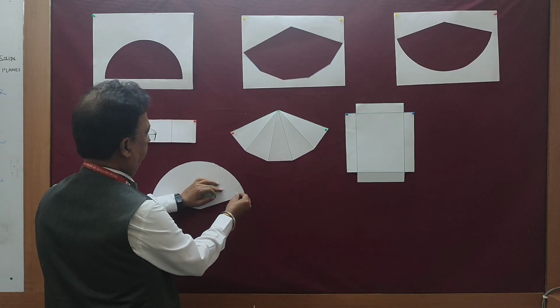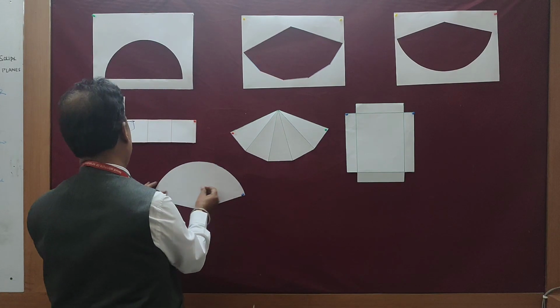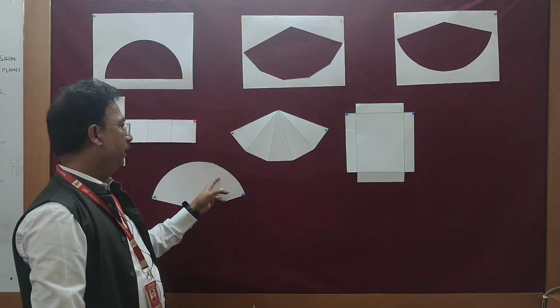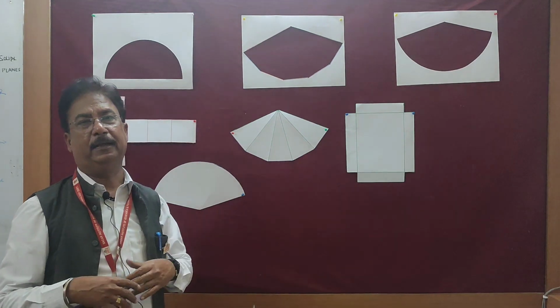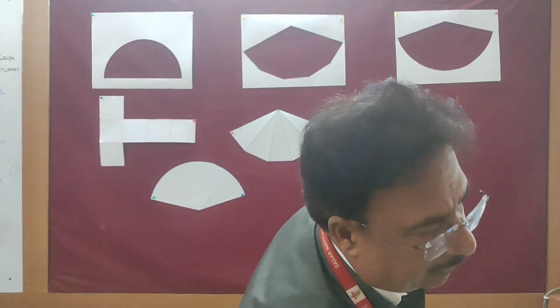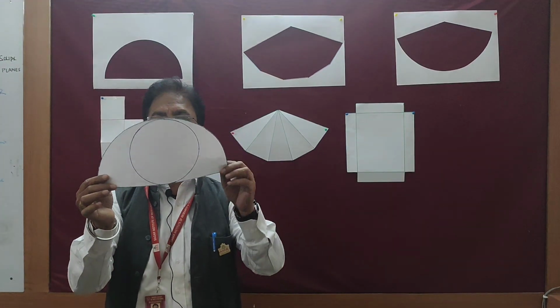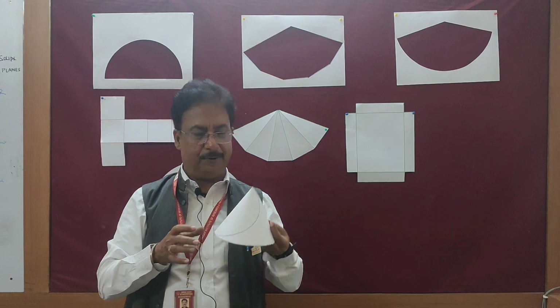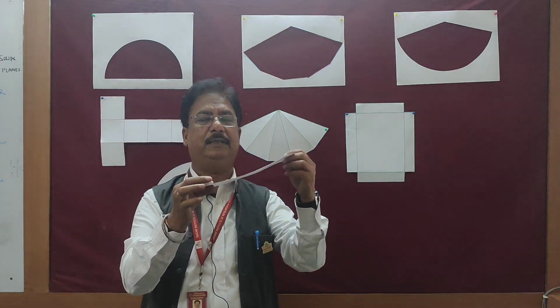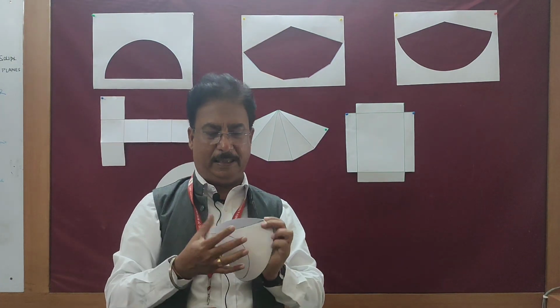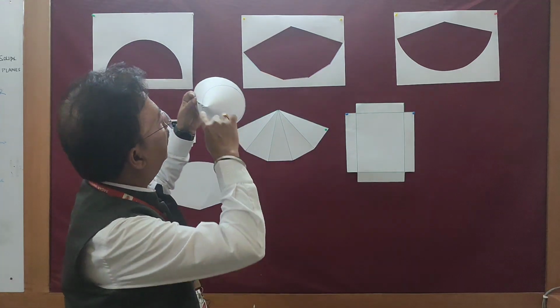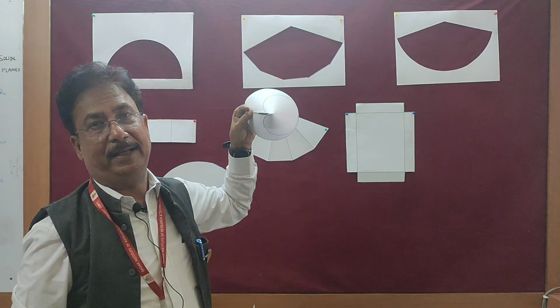I can also place it here. So next time, during birthdays, if you want to make a birthday cap, cut the paper in this form and fold it, and that will be a birthday cap. Another development of a cone: this time I am getting this semicircle, and if I fold it like this, that will be the shape. Also, in this semicircle I have embossed a circle. If I fold it like this, then from the front the circle will look like this, and from the top the circle will look like a cardiac sign.